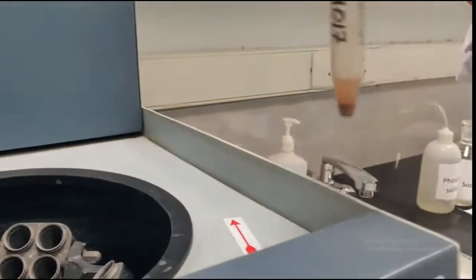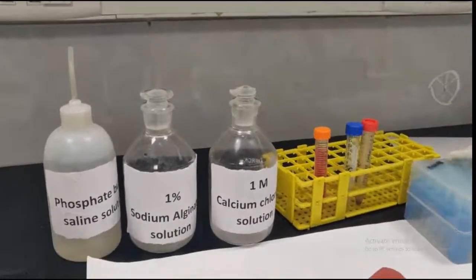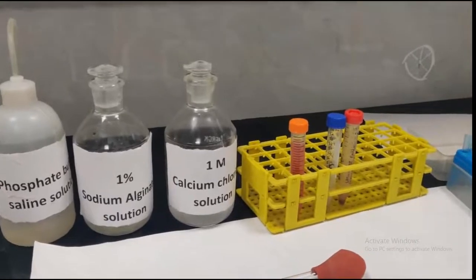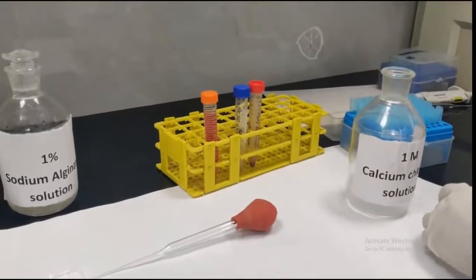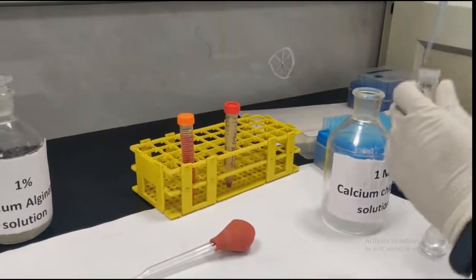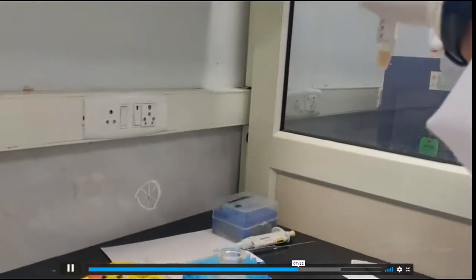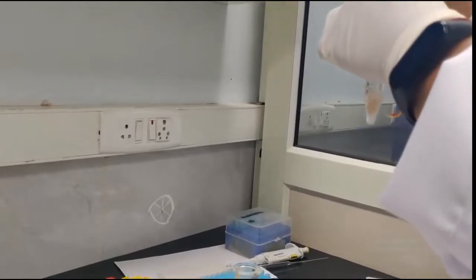So there is adequate mixing of the sodium alginate with the cell sediment. So now we will be adding 1 molar calcium chloride solution, 500 microliters, which is equivalent to 10 drops or 0.5 ml. This will be added to each of these tubes, and this should be added at the bottom of the tubes so as to ensure proper contact of the sodium alginate with the calcium chloride and entrapment of this cell